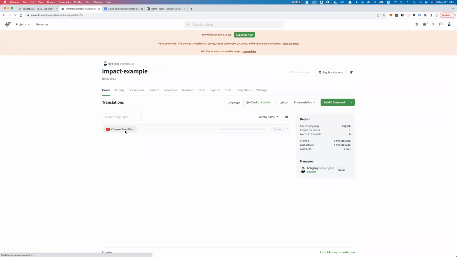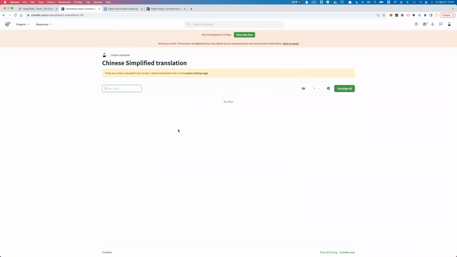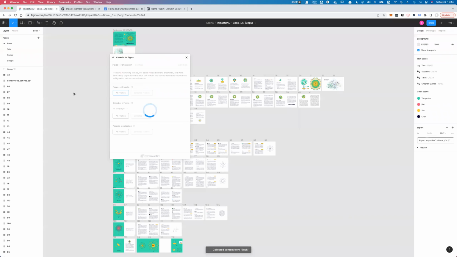Oh, let's go into Chinese simplified, refresh. Okay, still needs some time. Okay, once your upload is done from Figma to Crowdin,